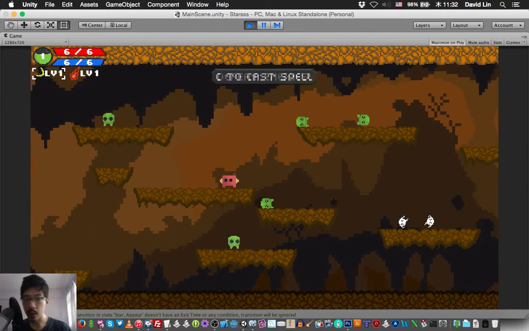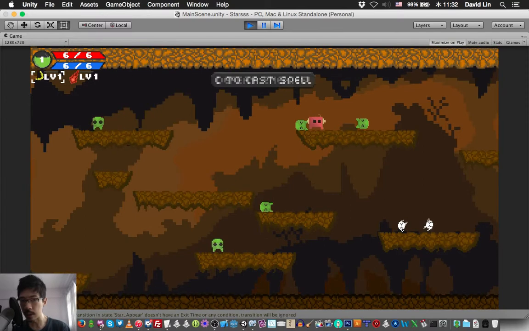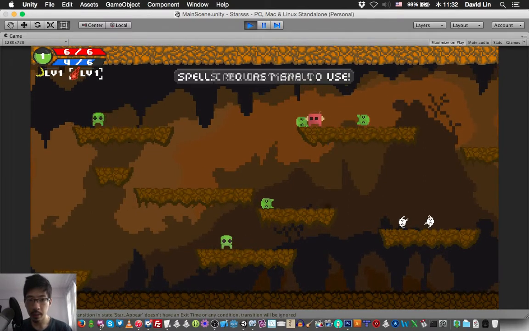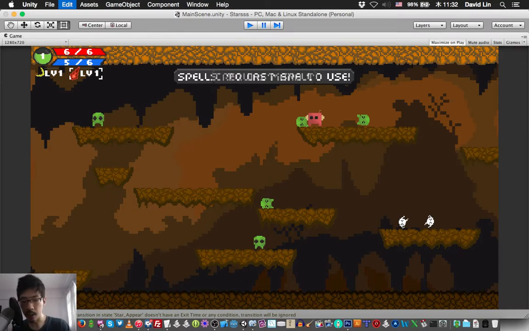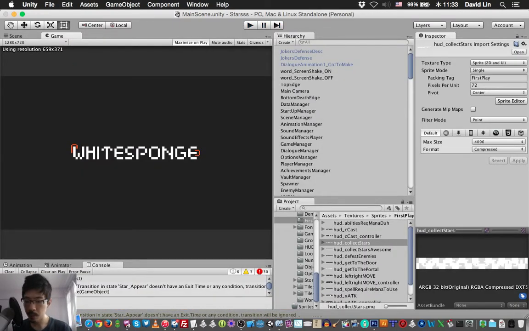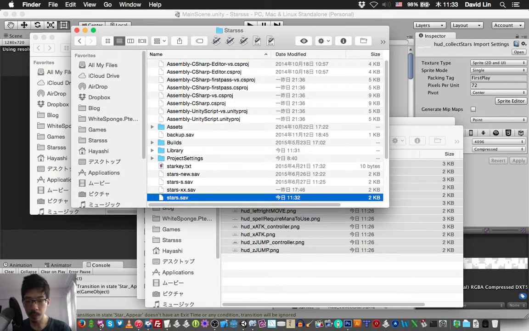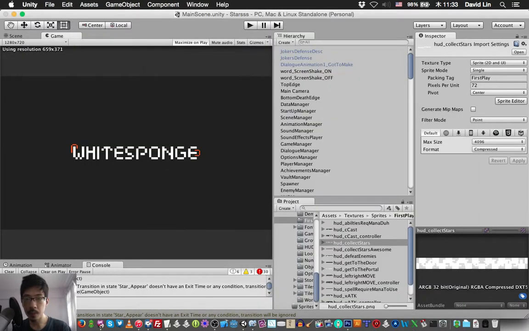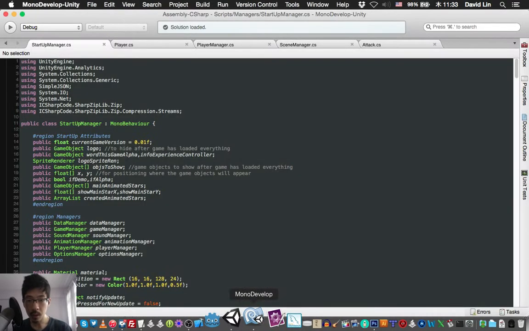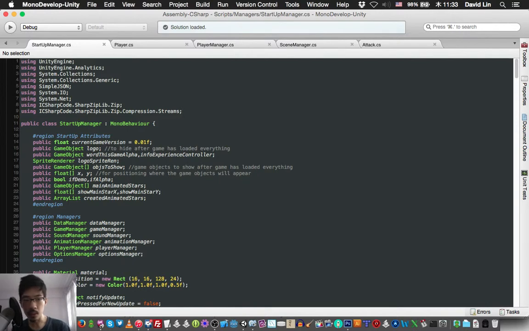Okay, so that it does not affect the appearance of the next text, which is telling you how to cast a spell. Okay, so let's do that. Okay, so let's go to our HUD